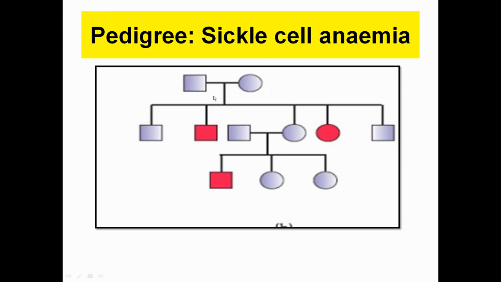Now come to the pedigree analysis. You can have a flow chart, and sickle cell anemia is going to affect both male and female equally. You can see the first generation, and thereafter it affects the male. It doesn't matter, because you need to find out that both male and female of the same generation are affected. Then it is a kind of recessive autosomal disease.